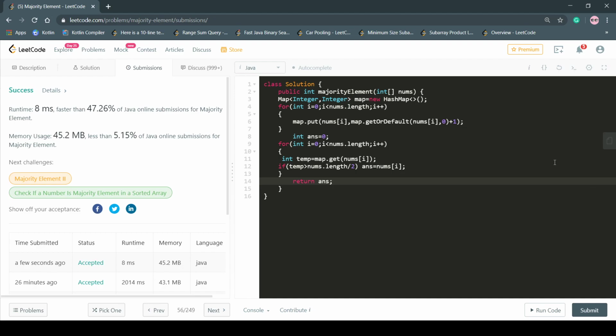The space complexity of this solution is big O of n. The big O of n space is occupied in making the hash map, and since taking out an element or adding an element in the hash map takes constant time, it would not be counted in our time. The time complexity of this optimized solution is big O of n. So at last, this is a more optimized solution than what we have seen previously.